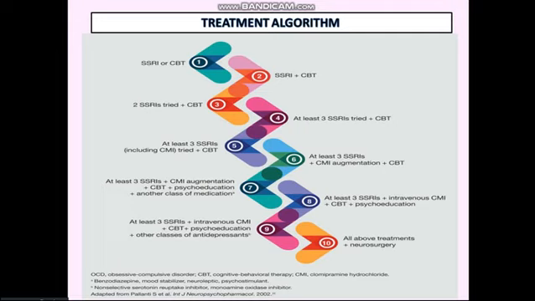Coming to the treatment algorithm, for every case you have to give a treatment algorithm in a better way. In the first step, antidepressants, SSRIs, are given. If that does not work, then you have to combine with CBT and SSRIs, and so on. You have to explain this in detail, and also correlate how the drugs are given in your case, so that they consider that the treatment given in your case correlates with the standards of the guidelines.